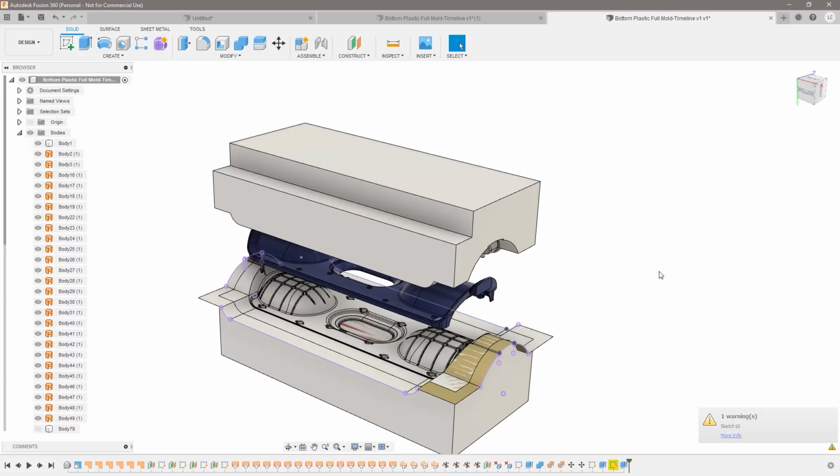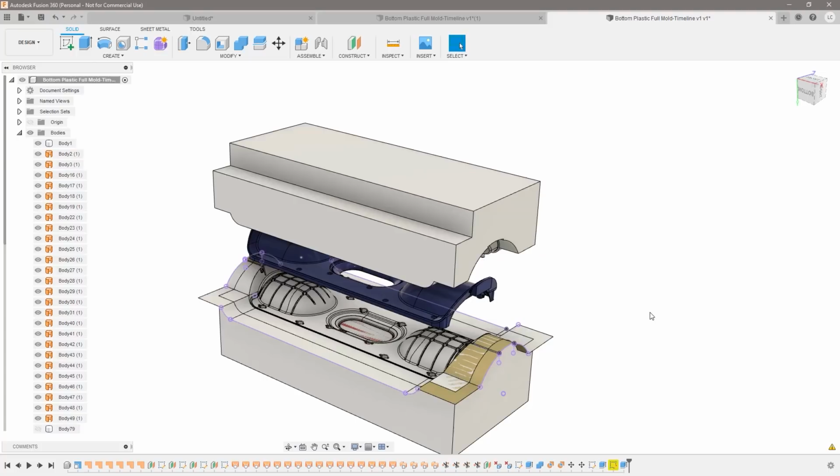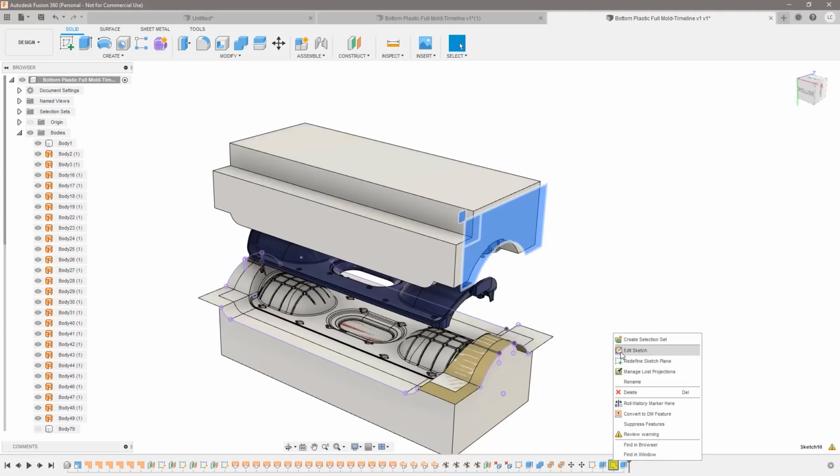So Fusion is powerful enough that it sees there's an issue. It's yellow. And if I right click on it and hit review warning, it would tell me that the sketch plane is lost. It's using its cache to actually be able to do this. And also there's a project source is lost, cache is used again. So it's doing two different things here. If we go in and we edit that sketch,